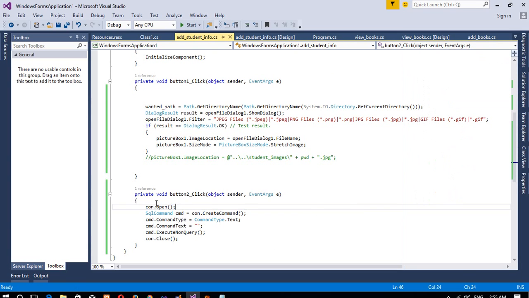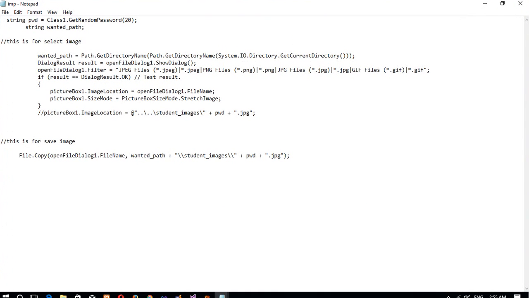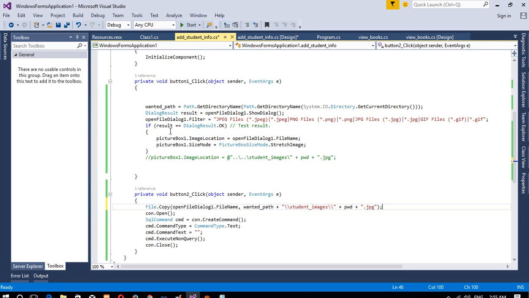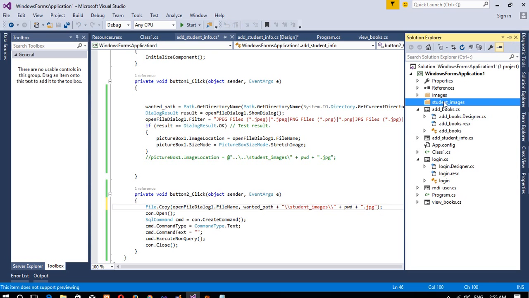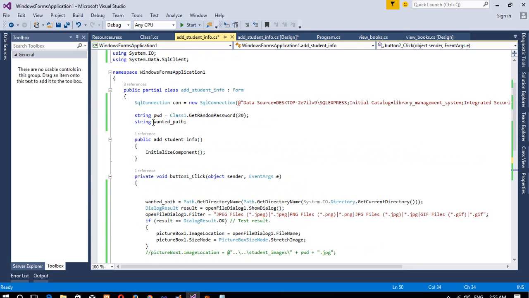And here when we are going to perform the insert query, at that time we need to copy our images inside our folder. So this line is important for copy and paste. Using this code you can only show your picture inside the picture box, but using this you can copy your selected file inside your student_images folder. Okay, now here we take this, copy this, and